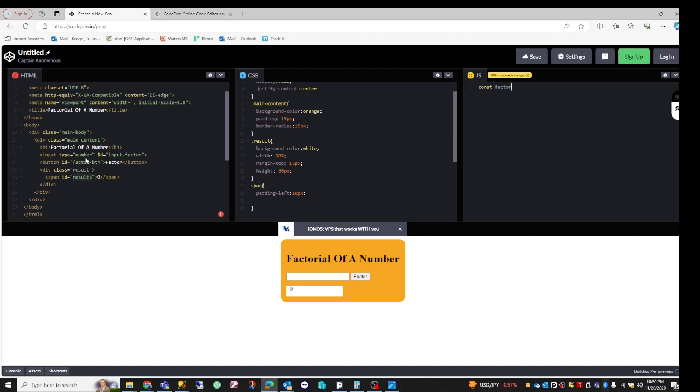Let's get hold of this. Let me copy this. Factor btn is equal to document dot query selector,